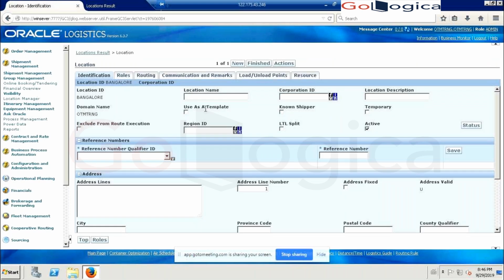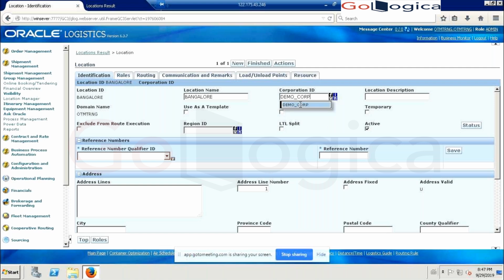So now we just created the basic things. Now I will update the city and all those things. The location name I'm creating: we created demo corporation, right? So demo underscore corp.